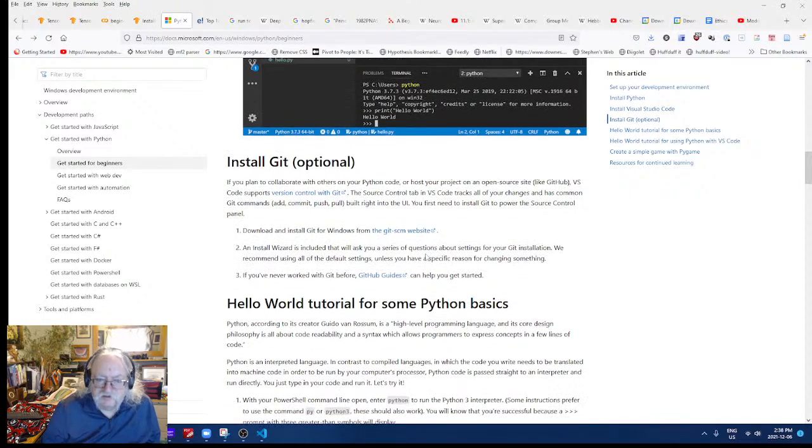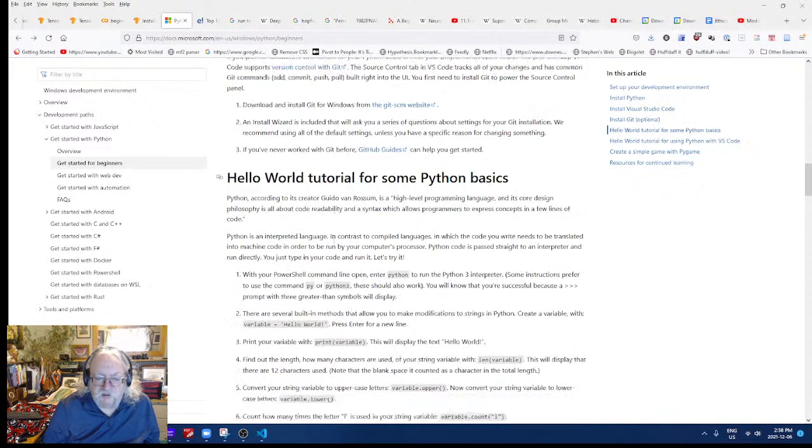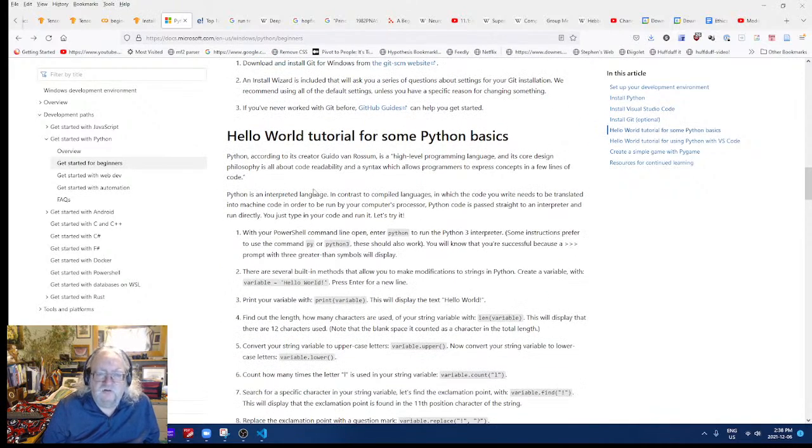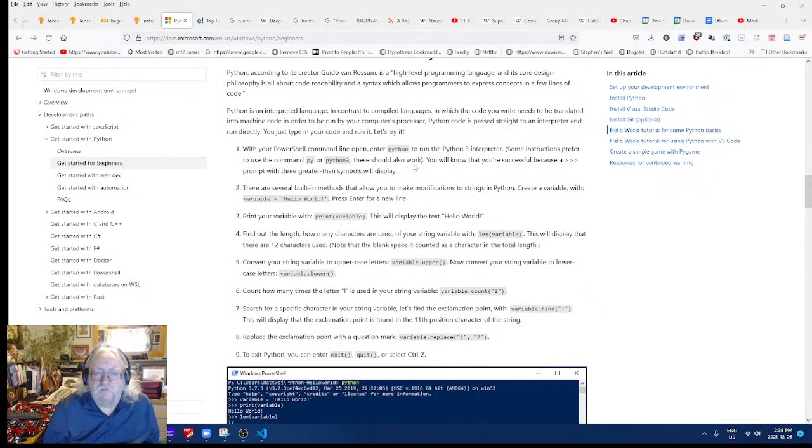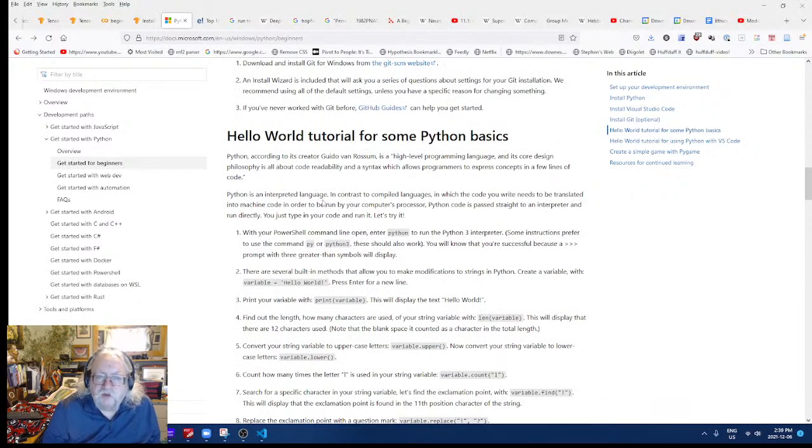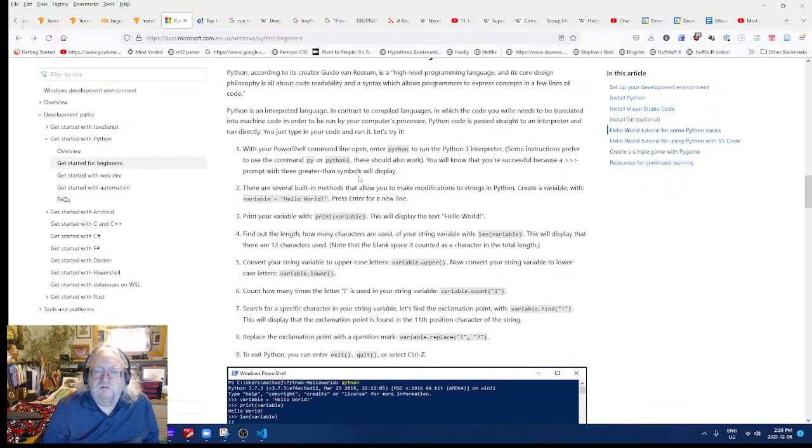Progress. Install Git optional. I have Git installed. Hello world tutorial with some Python basics. So, with PowerShell command line. Oh, try that again. Okay.